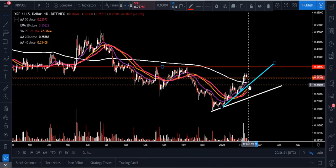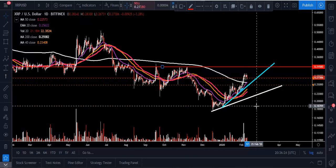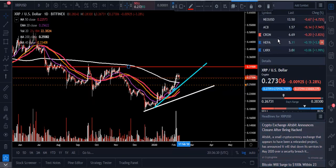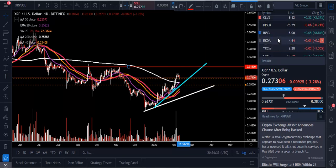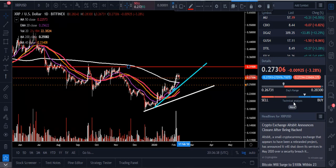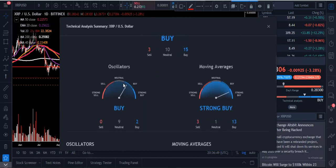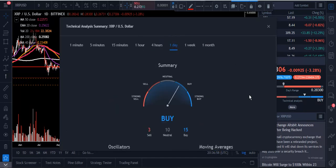The trend should continue, and that's what I've been looking at. So what I wanted to do next was look in TradingView. As you see, these are some of the coins and stocks, different things that I'm looking at. It's what I pay attention to. If you roll down through here, you can see that. We're looking at XRP, and we're going into the technical analysis on TradingView now. And what you can see on the 1 day, we have 3 sell signals, 10 neutral, and 15 buy. Our oscillators: 0 sell, 9 neutral, 2 buy, and then our moving averages: 3, 1, and 13. So what this is showing you is it's a buy for XRP right now,